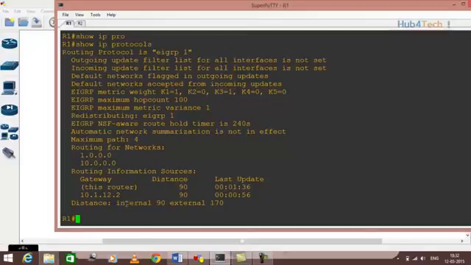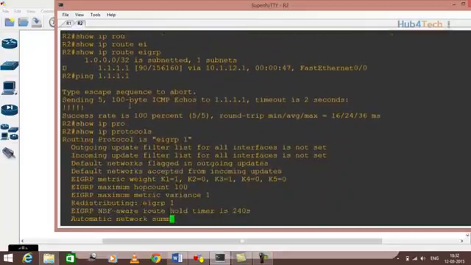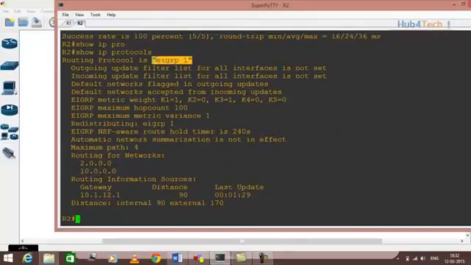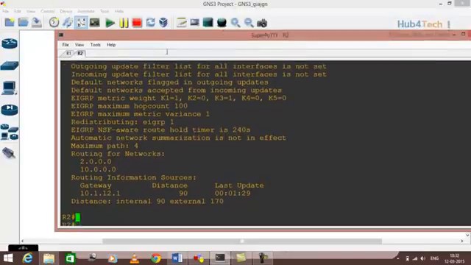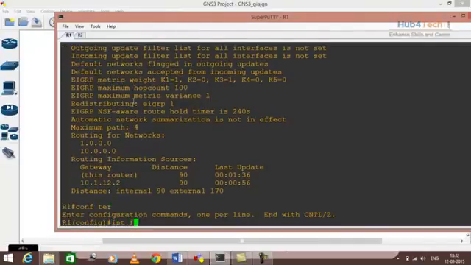So if you check the same thing on router 2, this should be the same, right? So this is the basic configuration of EIGRP. If you want to run authentication between two routers in EIGRP, the command is